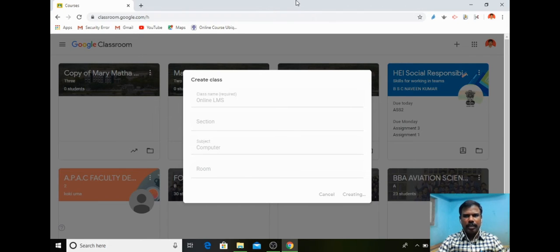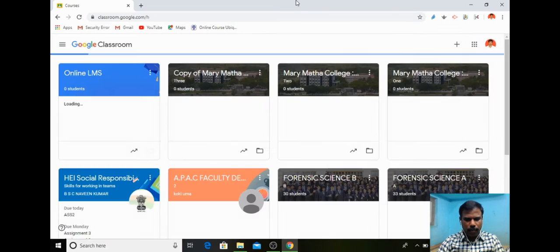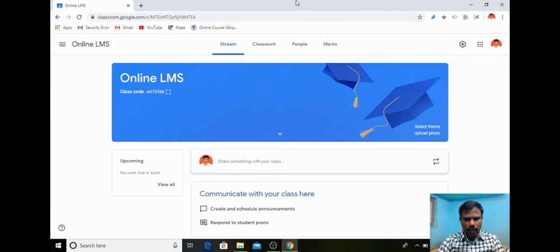So this is an integrated classroom where all the teaching and learning process we can do in one place. We can interact with the students, we can give them materials for learning purposes, and we can assign work to them.